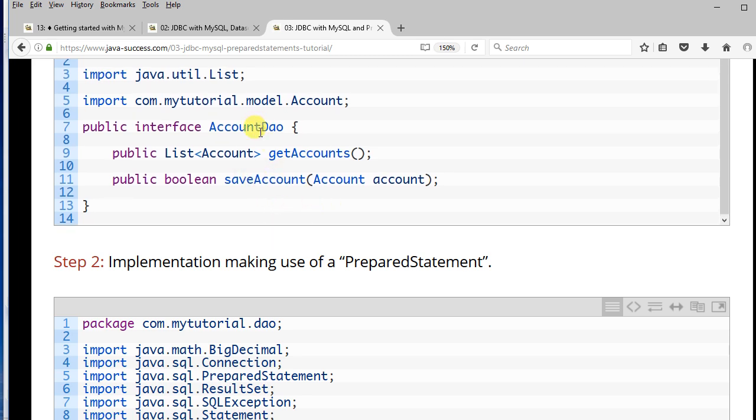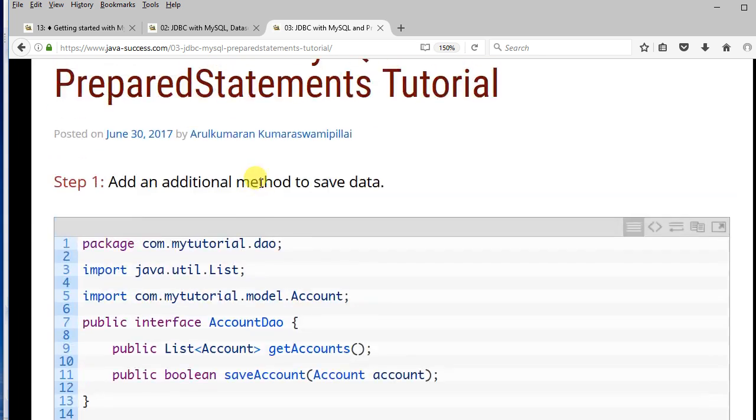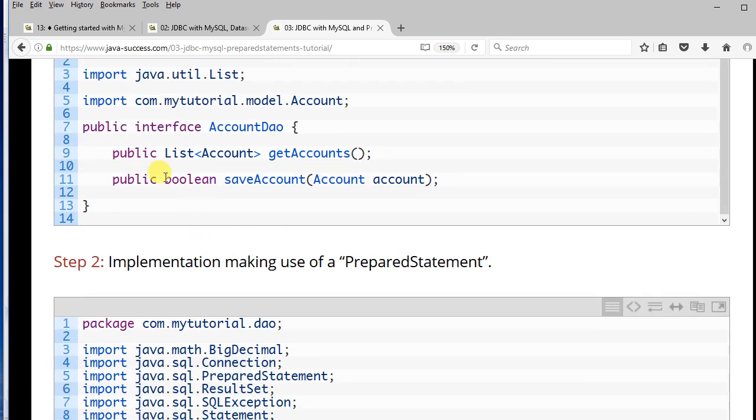So this is again the single responsibility principle. We have done the connection bit, we made some changes. Now we're going to come to the data access, how the data is accessed. This is based on the use case. You can delete, you can perform all kinds of CRUD operations. To the interface, we're going to add a new method called boolean saveAccount and pass an account Java object. We can easily create a Java object, account equals new Account, set the ID values, and then pass it to the DAO layer, and then use the SQL insert query to insert it into the